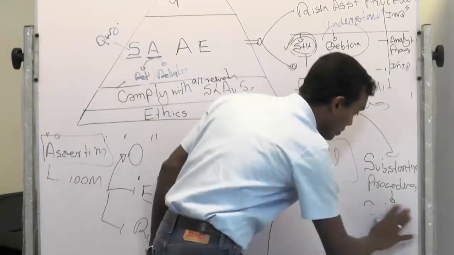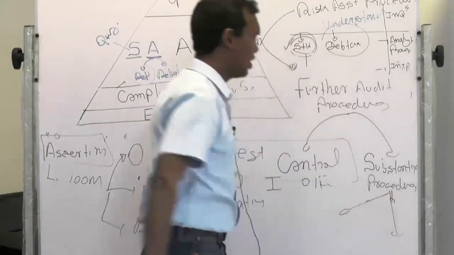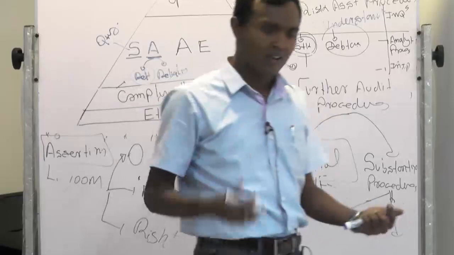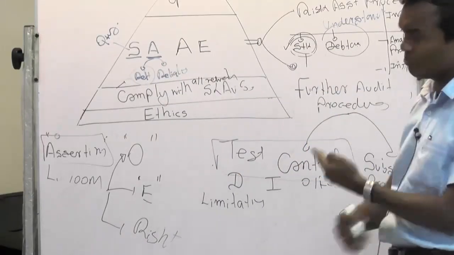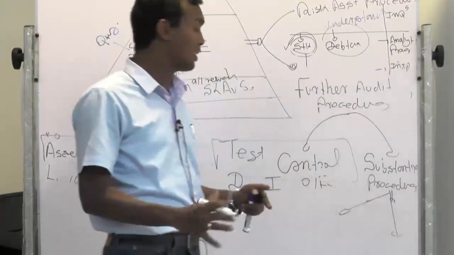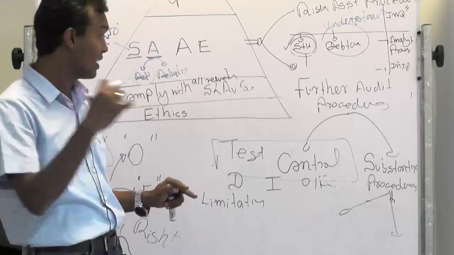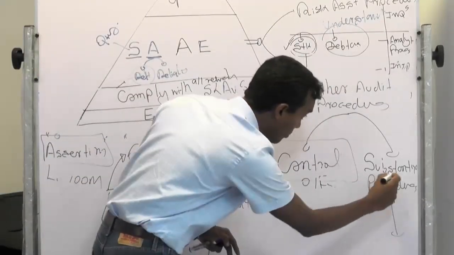So substantive procedures again we can break into two. One is, you see in a company like a bank, you are auditing loans. Can you go through loan files manually? There are millions of loans. How to audit? So today technology enables us to analyze the entire data set and get into unusual loans. So that is where one part of auditing is.